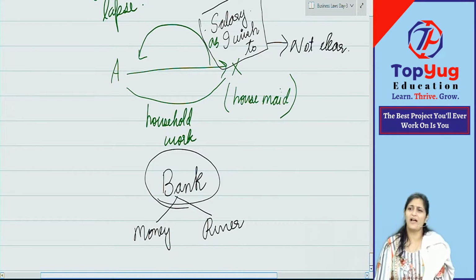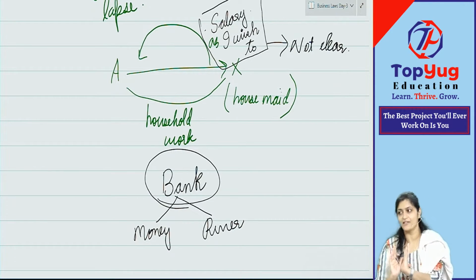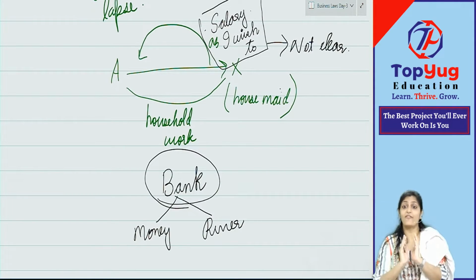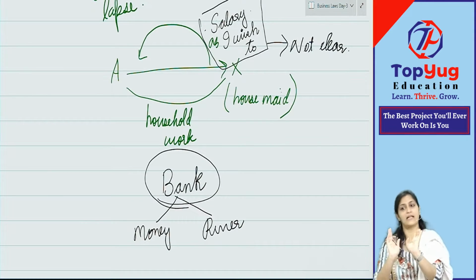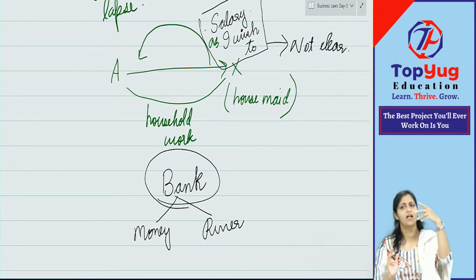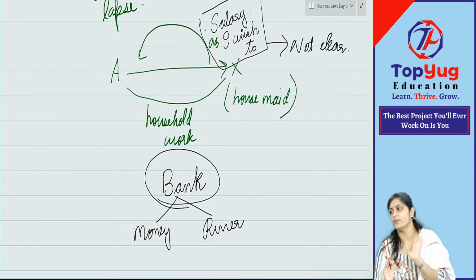Now you must be thinking, ma'am, if that offer is made, that other person can ask, which bank? Yes, that person will ask, obviously, and once that person asks, then it will be clear. But law is saying that when you make that offer, at that time there should not be any confusion. That person actually wanted to buy the fruits, therefore said, please tell me which bank. Otherwise, that person may say, I don't know which bank you're telling, I will not accept your offer. Can that also be possible? That is the reason law is saying that once you make the offer, please make it clearly with all proper terms so that the other party will not have any confusion.